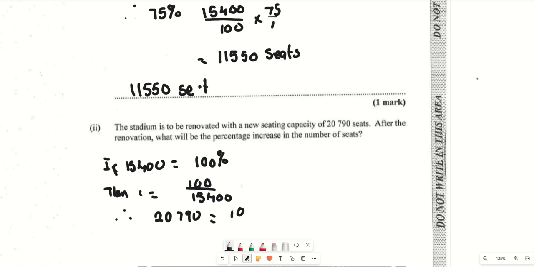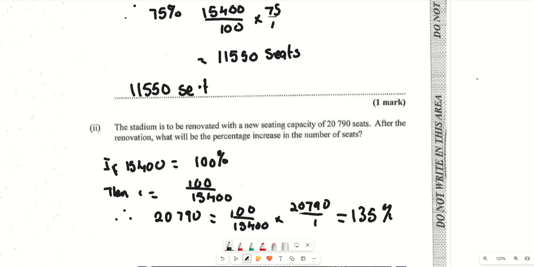This is 100 over 15,400 multiplied by 20,790 over 1. Put this in your calculator. That is 100 divided by 15,400 multiplied by 20790. You will get